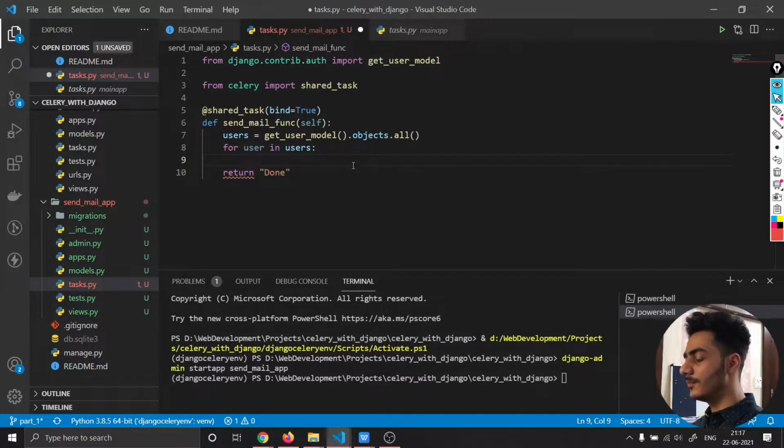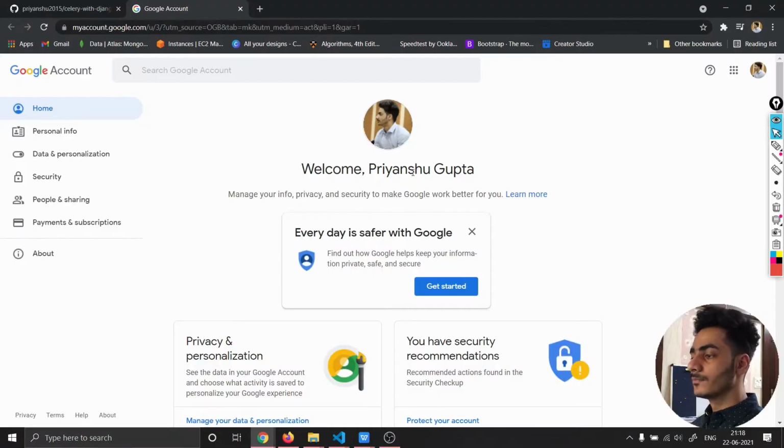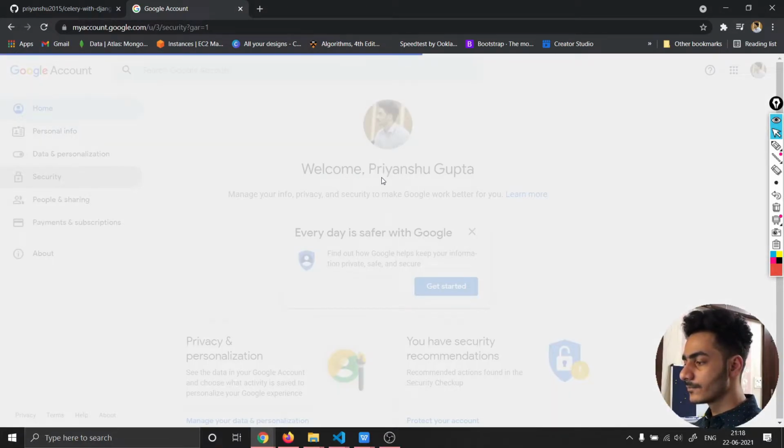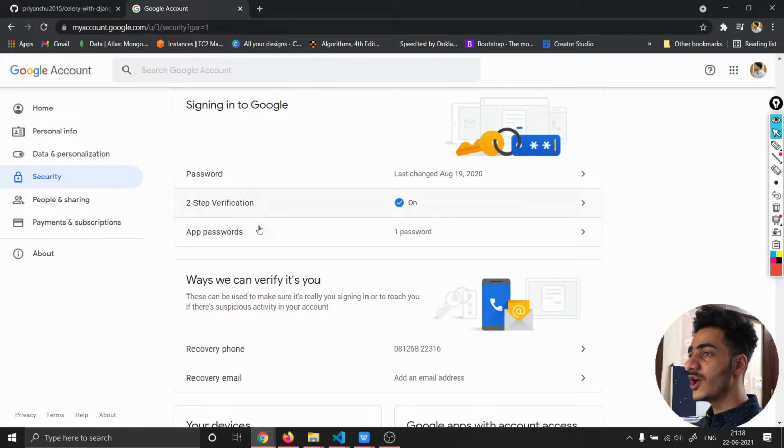You can check that out, because for that you will have to open your Gmail account, and there you have to do some configuration. You have to create one secret code, and then you will add that inside the Django settings.py file. For sending mails, you have to open this manage your Google account, and then inside this you have to go to this security, and then you have to enable this option, that is two-step verification. Then you will have to click on this app password,